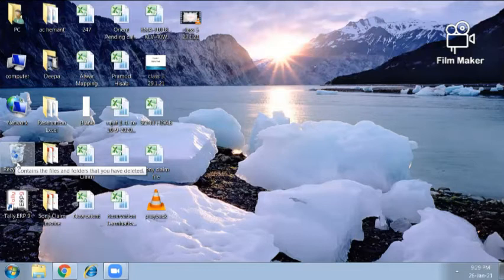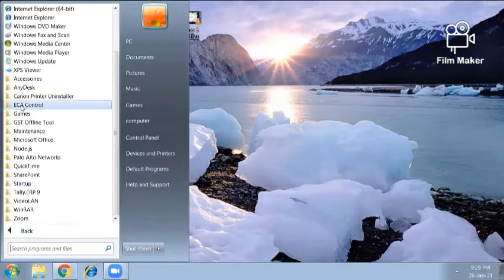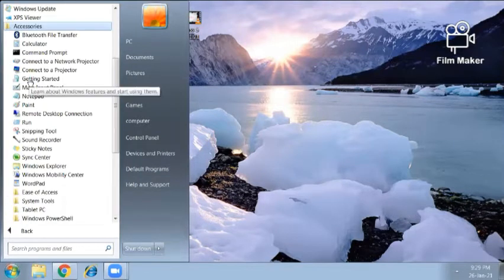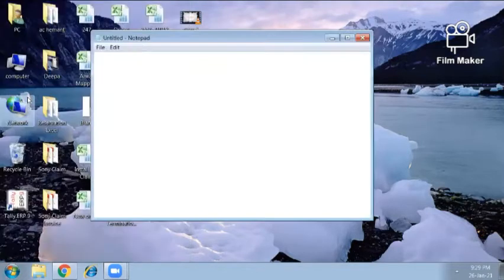But before starting our new chapter, we have to learn how we will open Notepad. First, we click on the Start button, then All Programs, and then Accessories. These three steps are the same as for MS Paint. Now we have to select Notepad. Previously we selected Paint because we wanted to open Paint. Now we will start our new chapter, Notepad, so we click on Notepad.